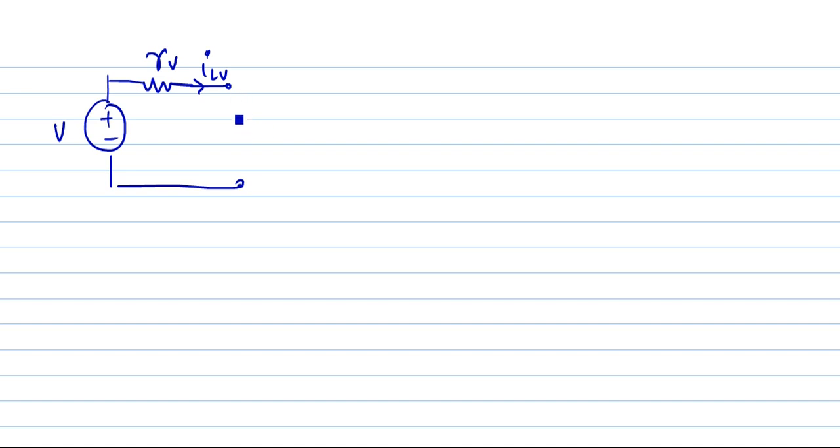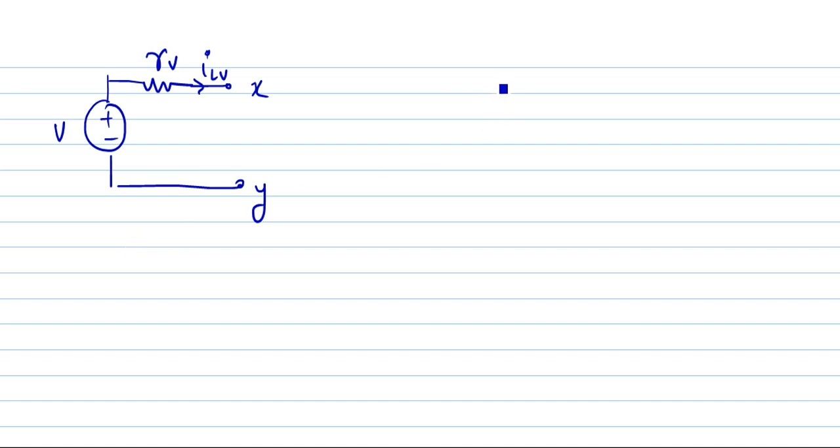We can transform the practical voltage source into practical current source and vice versa. So let's see its derivation or relation between these two. Let's consider the circuit of a practical voltage source. Here we are having a voltage source of a value V and we are having internal resistance, its value is RV, and the current that is flowing here is ILV. Let us suppose here a resistance is connected. We are not showing it here, but we are supposing a resistance of RL value is connected. And this is the practical voltage source.